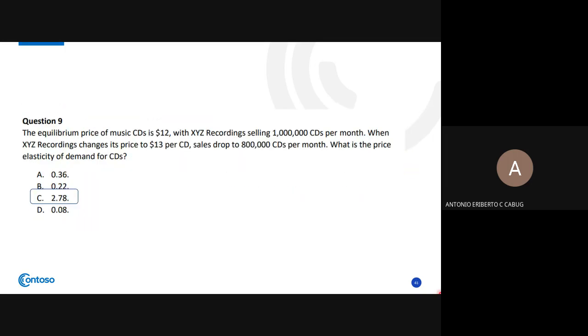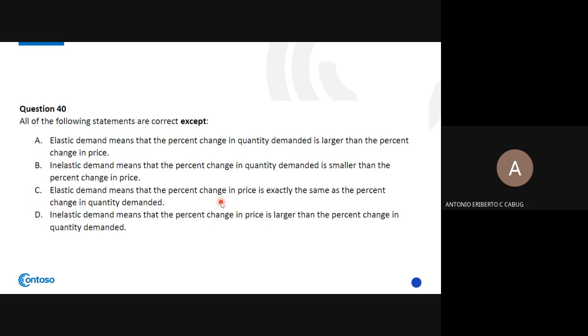Okay. The correct answer is letter C, 2.78. Nasaan yung sagot nyo? Okay, very good. Parehas lang yan ha. Paulit-ulit lang yan. Always use the midpoint formula when you're asked for the elasticity. Concept ulit. All of the following statements are correct except